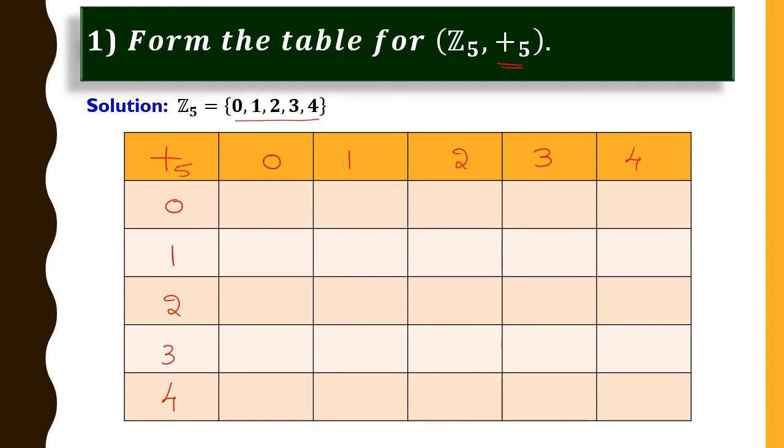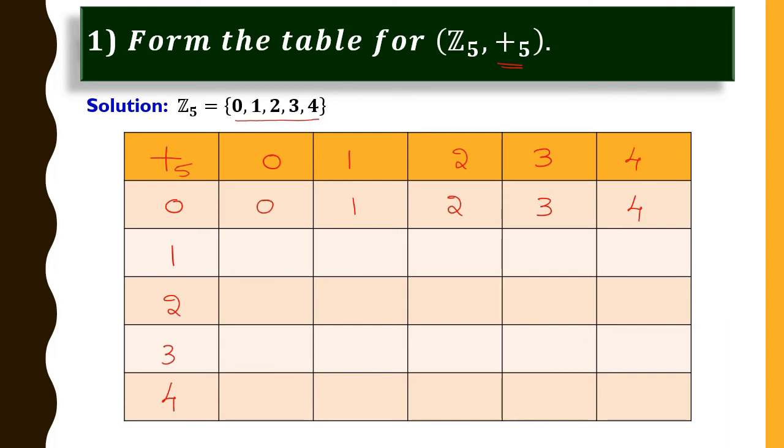Now the first block here, 0 addition modulo 5, 0. That is 0 plus 0. And the sum is 0, you should divide that by 5. What is the remainder? I get 0. Similarly, 0 plus 1, that is 1. 0 plus 2, 2. 0 plus 3 is 3. And 0 plus 4 is 4. Since these numbers are less than 5, so I get remainders as it is.